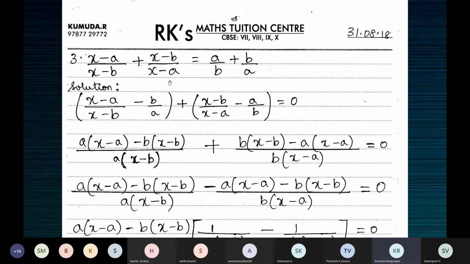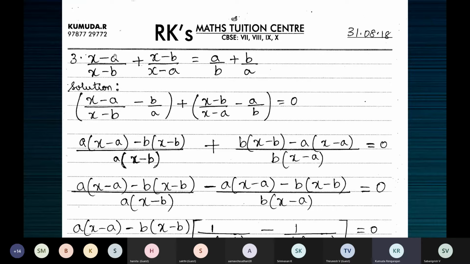These are standard questions, children. If an equation like this is asked, it will be like this with no modifications. It's a standard question. If this one happens, it will be like this only. All right. So here, what do we observe? In the left hand side, we have 2 terms. Right hand side, 2 terms.